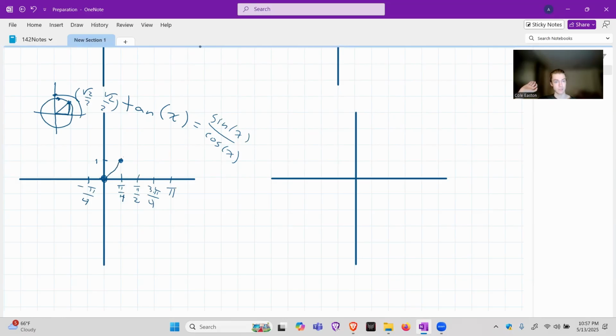So let's kind of sketch what that's going to look like. And it's not even defined here, but we're going to get bigger and bigger as we approach it. And then off in the negative direction, we're going to kind of graph that too. So think about negative pi over 4. That's this triangle, which has the components √2 over 2, comma, negative √2 over 2. And so, right, I divide this by this, and I'm just going to be left with -1. And then kind of the same thing happens as I approach negative pi over 2, which is right here,